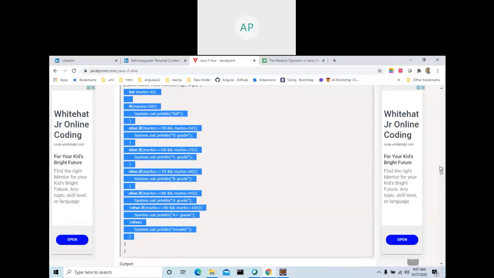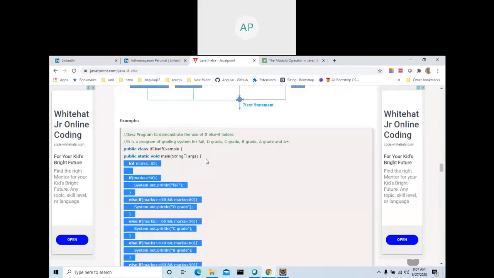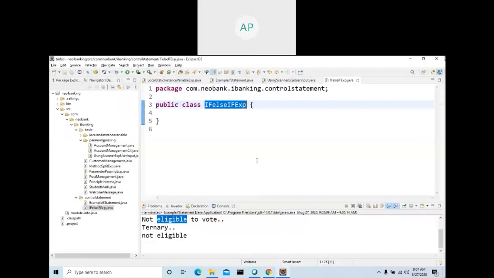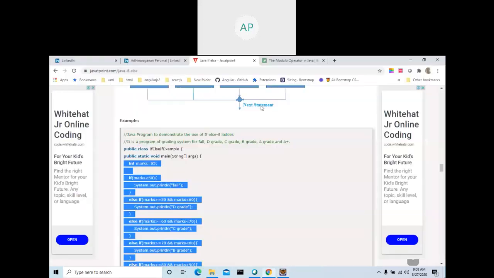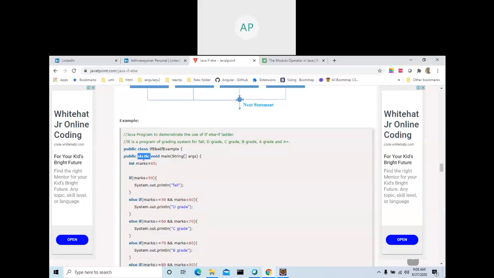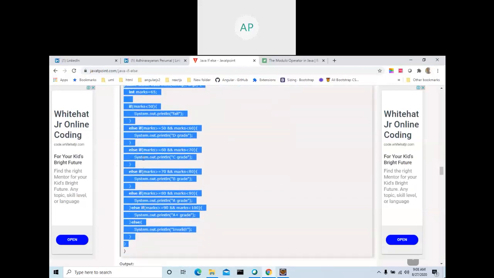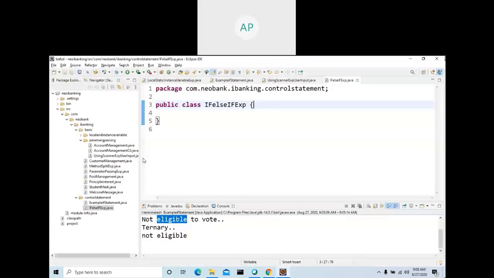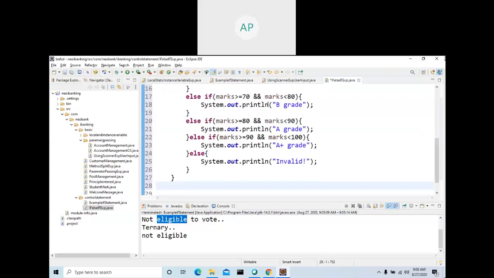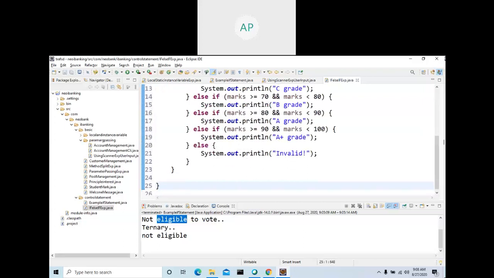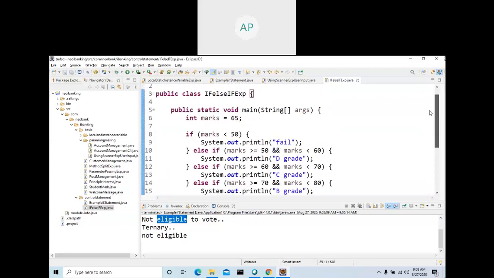So leave these two brackets, because the two brackets are for the class and this one. So we are copying only the things which are inside. I didn't have even the main method, so I copy the entire main method, but I don't want to copy the class. See here, I press Control V, and Control Shift F will do the align.